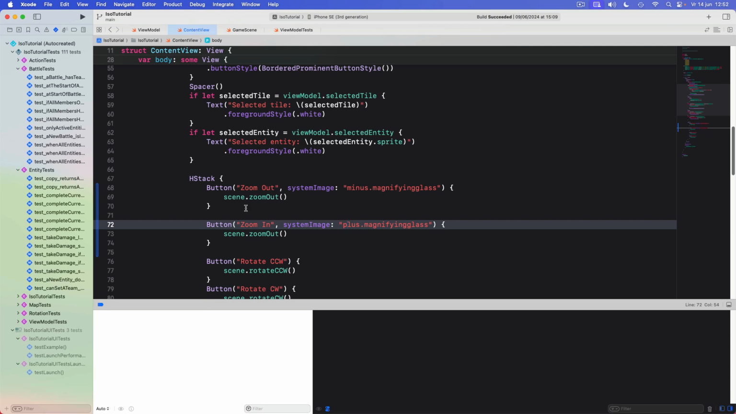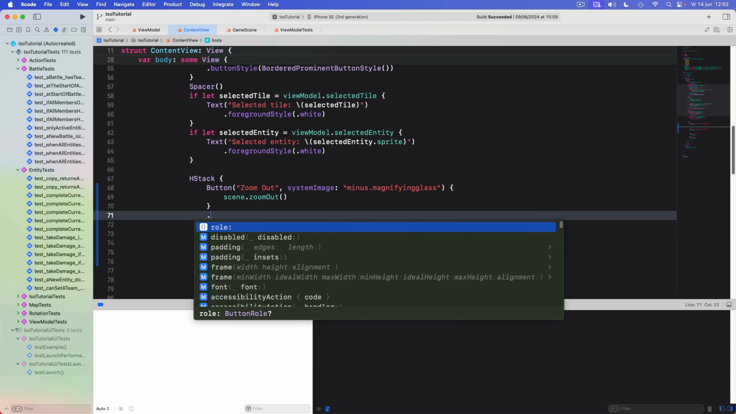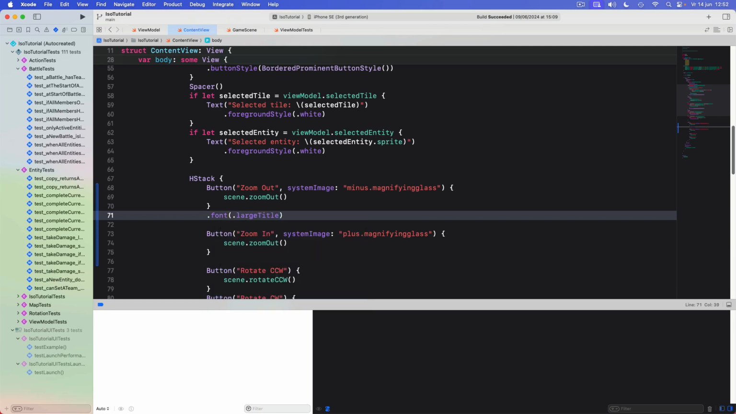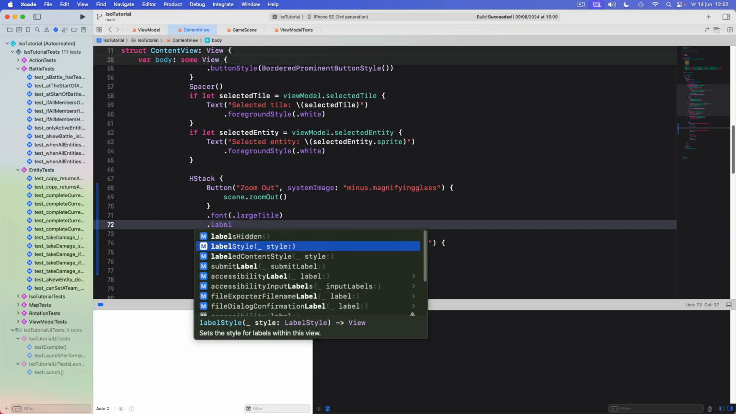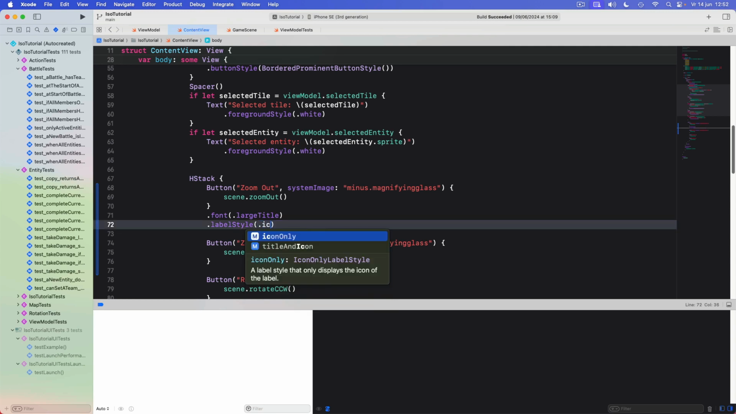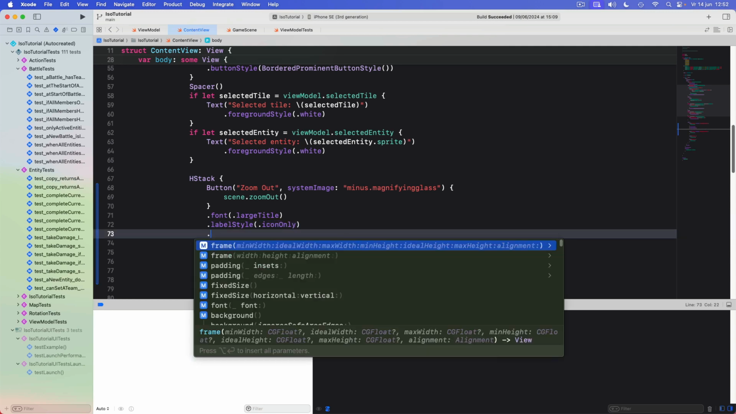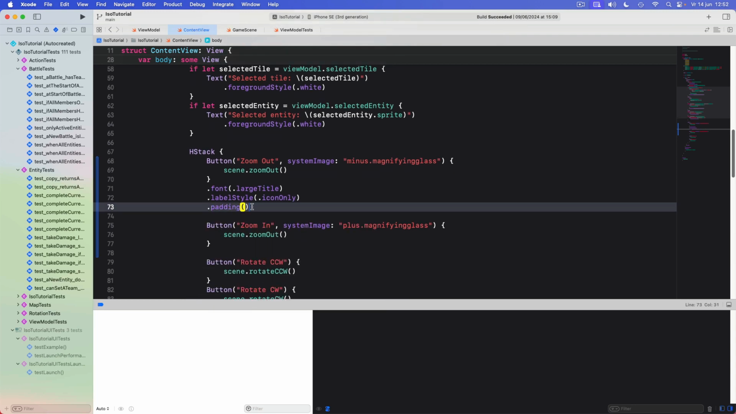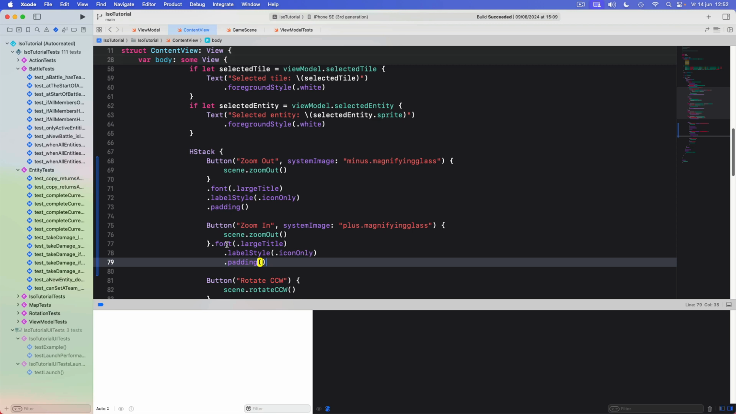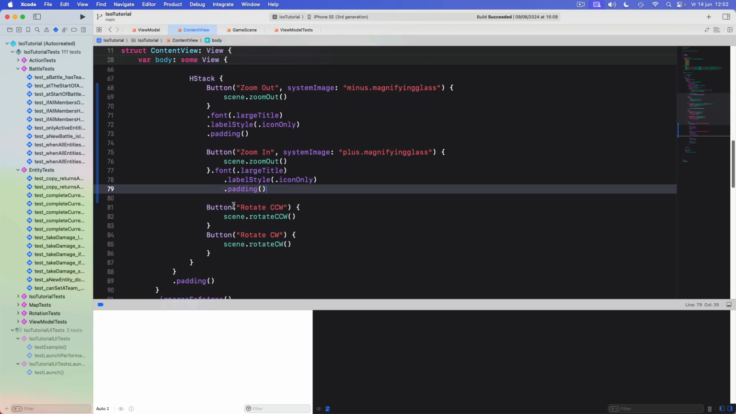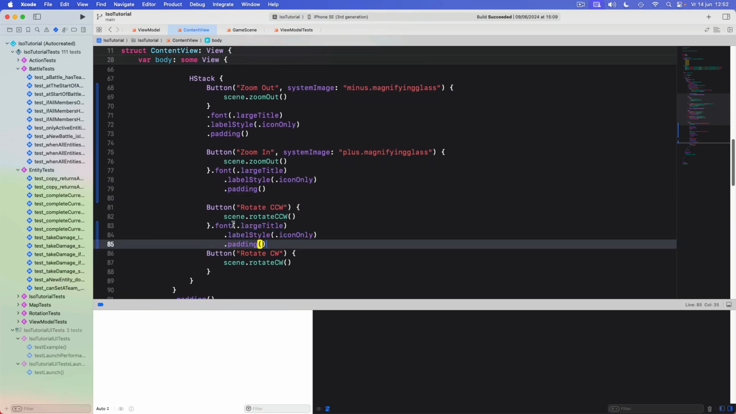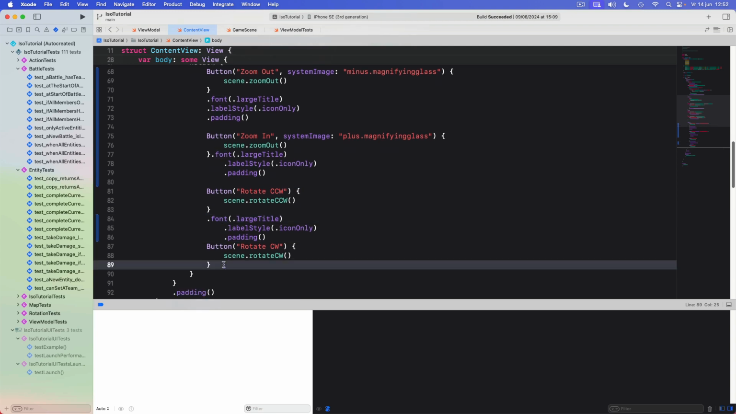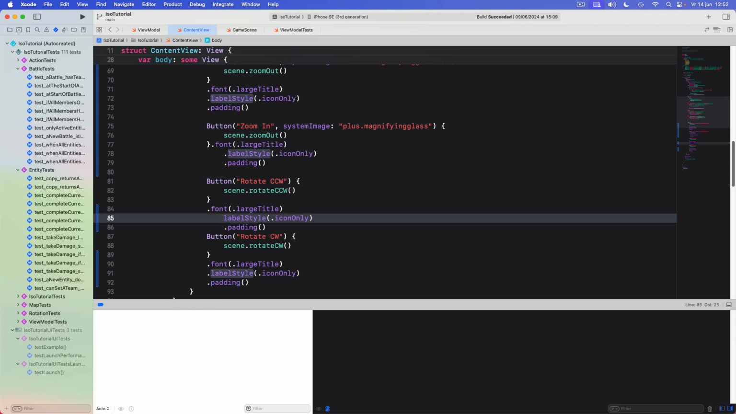And also we're going to style the buttons a bit. So I'll make the fonts pretty large, and I'll use the icon only style and add some padding. And the same for the other one as well. Also, we can use the same thing to style these rotate buttons a bit nicer. So let's do that as well